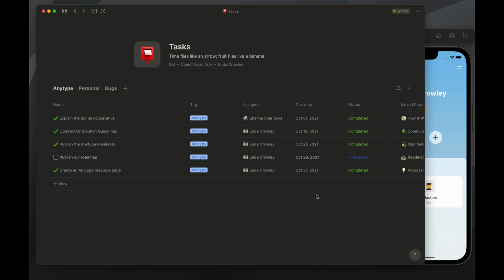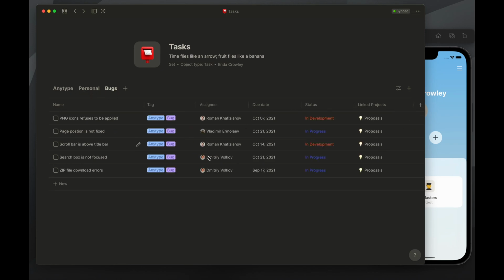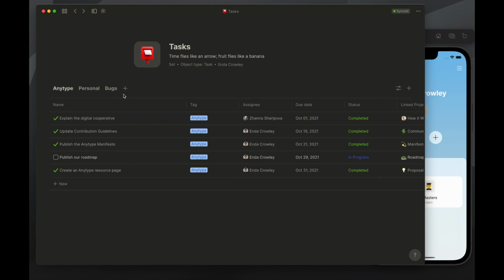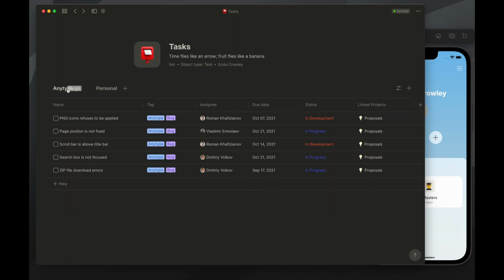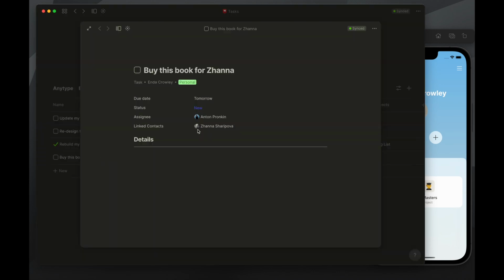But if we go into this set that I built earlier, this is a set of every single task inside of my Anytype, and they're scattered between different projects and different pages. And what I've done is I've just filtered them by work, personal, or bugs that we've received from the community. But if we go into personal, we'll see there is the task that we just